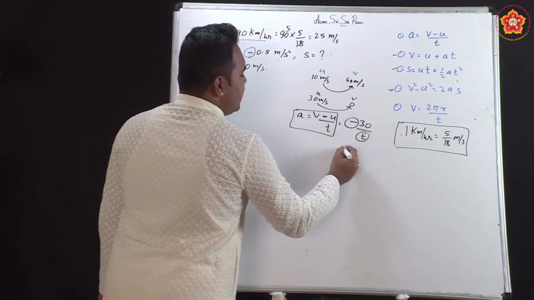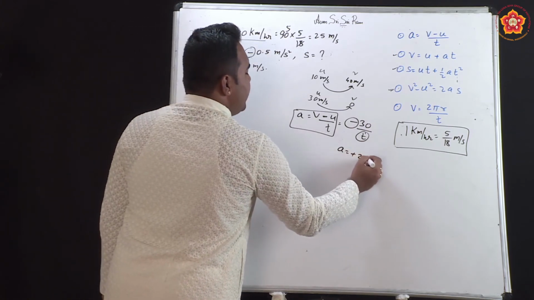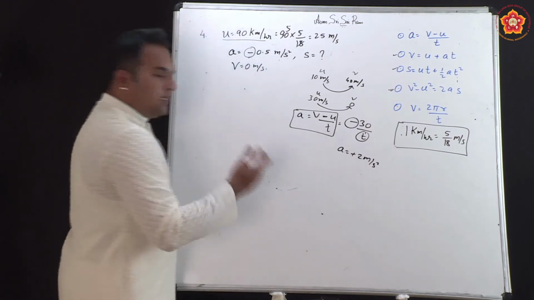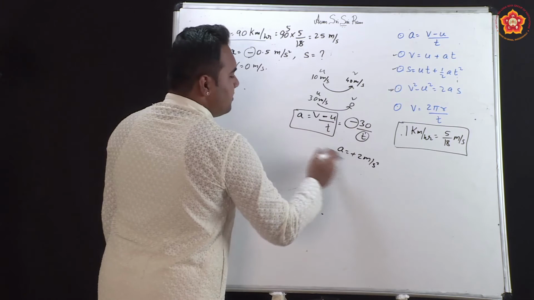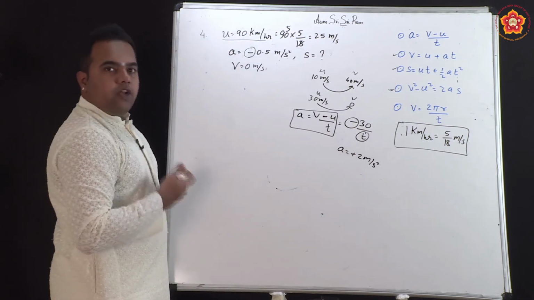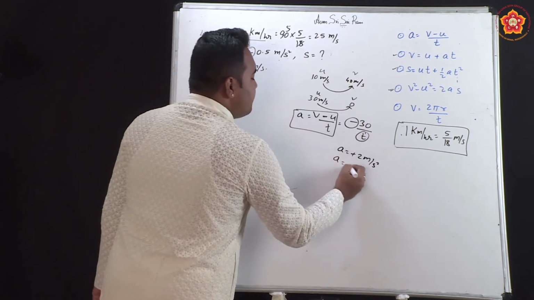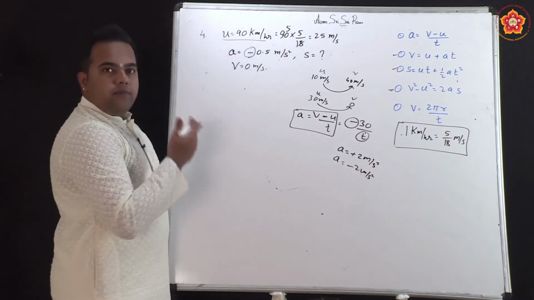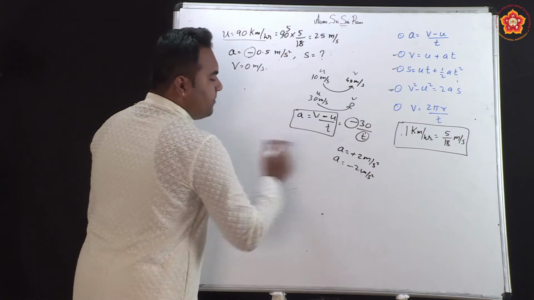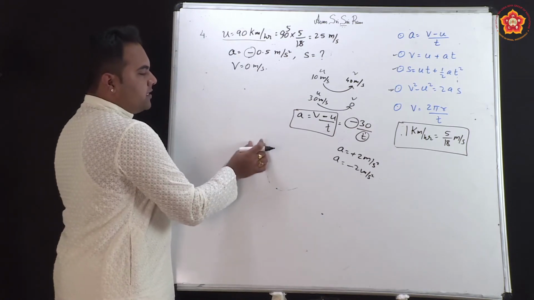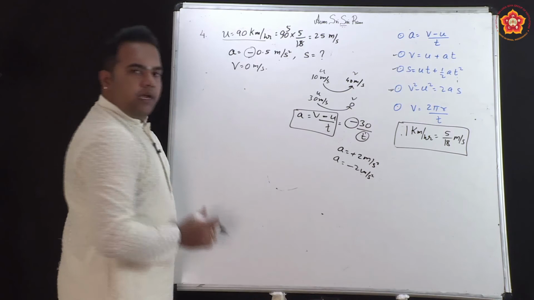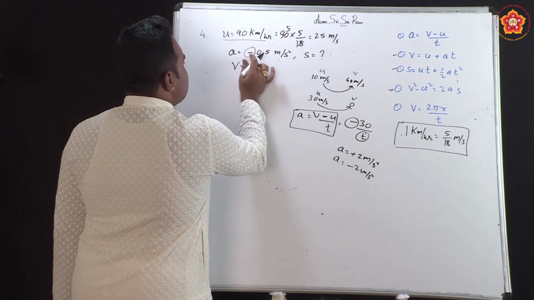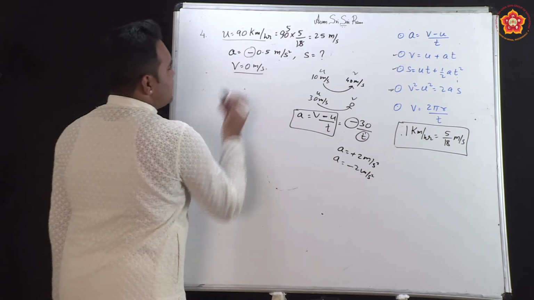Positive sign of acceleration, say plus 2 meters per second square, is when the acceleration is enhancing the motion, the motion is happening in such a way that the velocity is increasing. Acceleration of minus 2 meters per second square is when the speed of the object is coming down. Initially some speed was there, after some time it reduced and finally it becomes 0. So, here the negative sign implies that finally the object came to rest, as they have said.